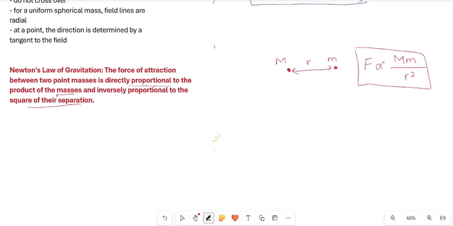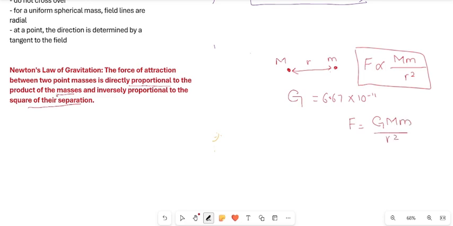So the constant that we will be introducing here is G, the gravitational constant, and the value of G is 6.67 into 10 raised to the power minus 11. This value is usually given, but it's best that you just remember this. So this becomes F equals GMm